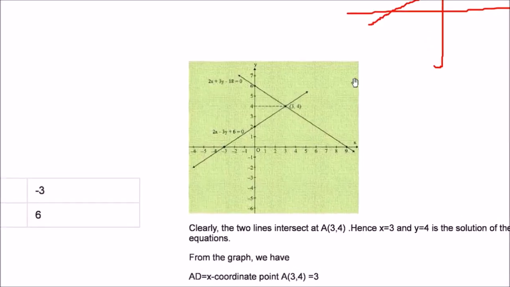Now here, this is the height. What is the height? We'll take the x-coordinate, so it will be 3. And what is the base? From this point to this point it is 6. From this point to this point it is 2. So 6 minus 2 is 4. So half into 4 into this height. From here to here it is 4, and from here to here it is the height. So the height will be equal to 3. Half of 4 is 2, 2 threes are 6. 6 square units is our area.